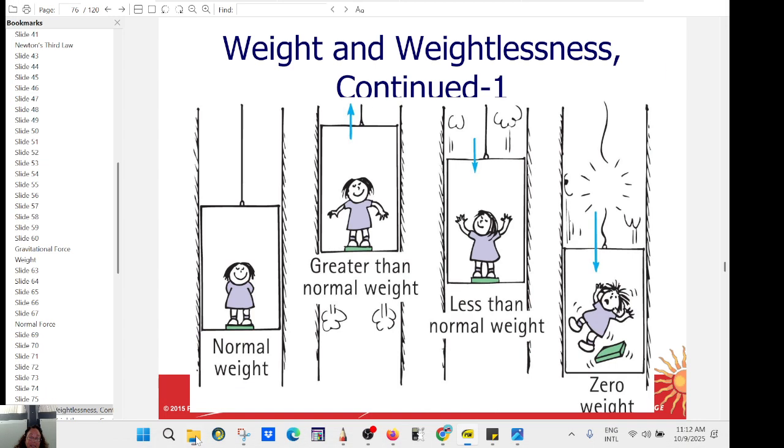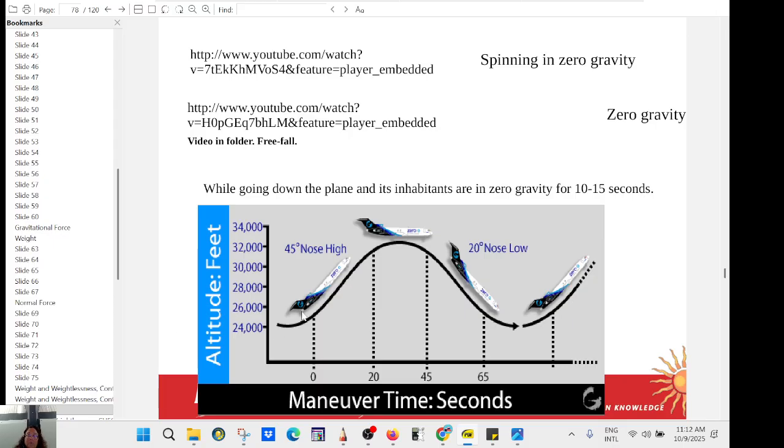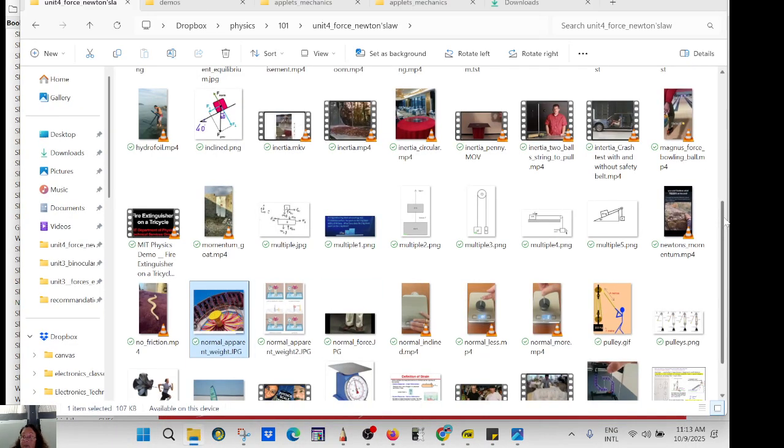And they have a special airplane that you can pay for. I forgot what it's called. Zero gravity airplane. You can pay for it and you can experience weightlessness. So what they do, they zoom, accelerate up. So now you are on the floor. You cannot lift your body, because it's pushing upward. At the top here, they cut the engine. But because it has momentum, it's going to do a projectile motion. It will keep moving along a straight line, but at the same time, it's falling. It's in free fall. So it follows a parabola. So you're going to be in free fall inside and you're going to float. You could pay for that at the time when I made the video. I don't know if you can still pay for it, but